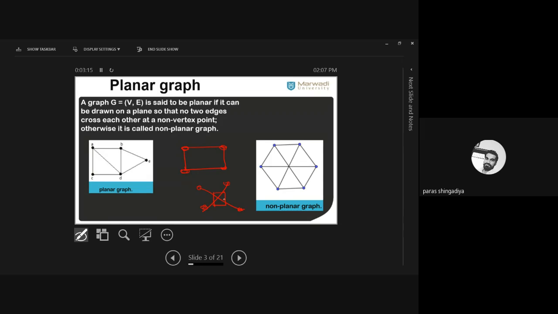There is no vertex here. There is no vertex at the crossing place, where those two are crossing. Only four vertices are given. So this point is called the non-vertex place, the non-vertex point. So now this is called an intersection between two edges, and that is a non-planar situation. If I consider one vertex at that place,